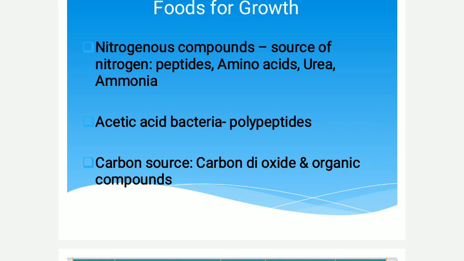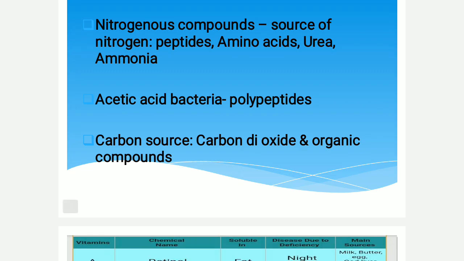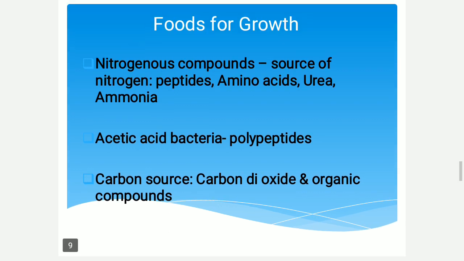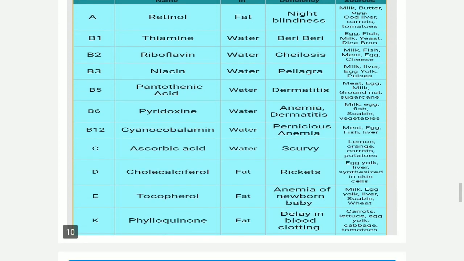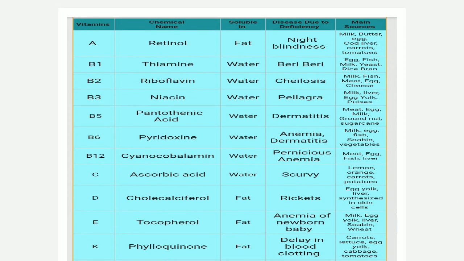Just observe how the factors involved are like a network. Then coming to carbon sources, for many, carbon for growth may come partly from carbon dioxide, but more often it comes from organic compounds. And the last one, the minerals required by organisms, are always present at low levels in the food. So these are all the necessary things, not for energy but for growth. Nitrogenous compounds, carbon source, nitrogen source, all this you have studied in the first semester.